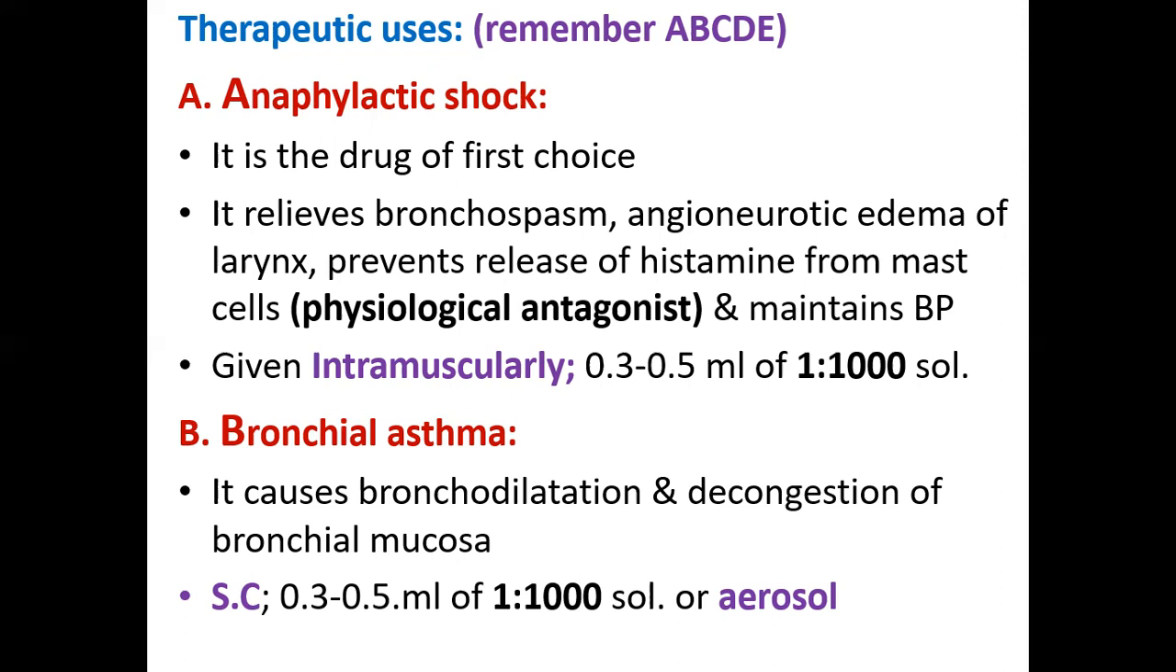In bronchial asthma, it causes bronchodilation and decongestion of bronchial mucosa. In anaphylactic shock it has to be given intramuscularly, whereas in bronchial asthma it has to be given subcutaneously. You just have to remember this. The condition and the route of administration is most important, and this can be asked in viva also. Subcutaneously, it is given in a dose of 0.3 to 0.5 ml of 1 in 1000 solution,